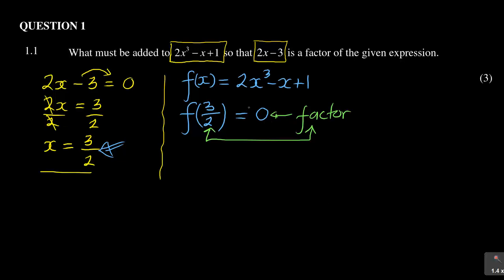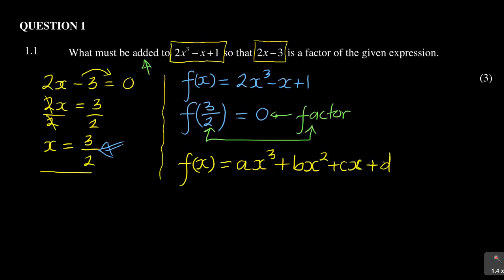So now they are asking what must be added. If you remember the general form of this f of x, the general form is f of x is equal to ax cubed plus bx squared plus cx and plus d. So this is actually the general form, but in this particular case we are given our f of x being